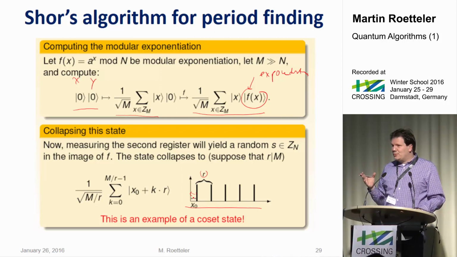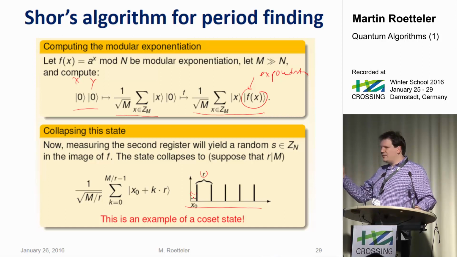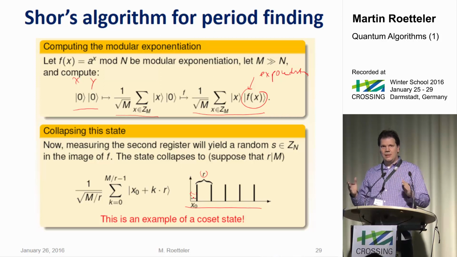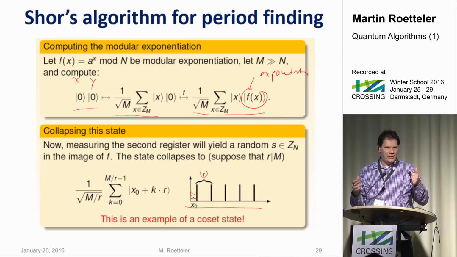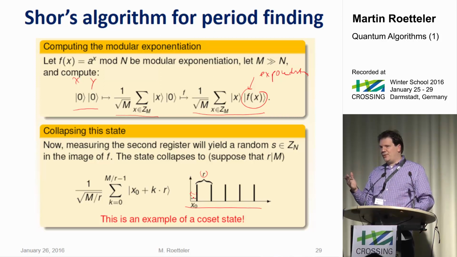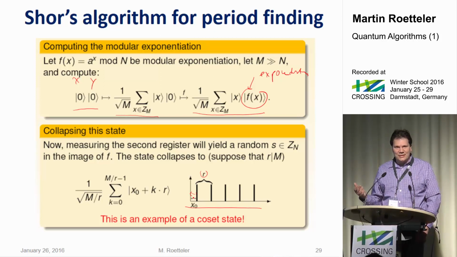But it was Shor's really nice idea that you can get rid of this offset by taking a Fourier transform, right? Because then that offset will just go into a complex phase. If you shift the signal in the time domain and you go to the frequency domain, you Fourier transform the function, you pick up a complex phase that depends on how far you shift it. But if you then just measure in the frequency domain, you will not feel that complex phase, because measurement is kind of ignorant of a complex phase, you get the same result.